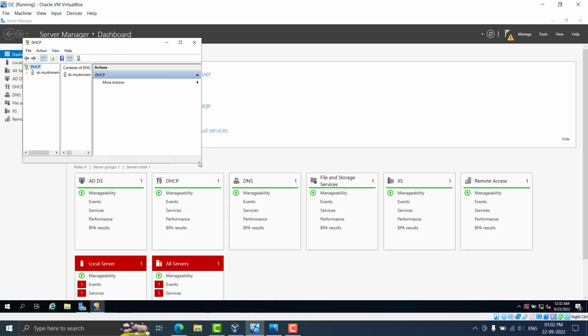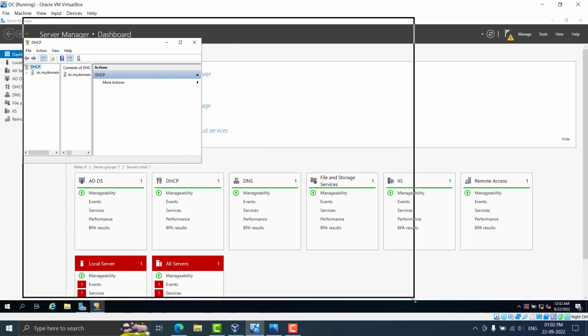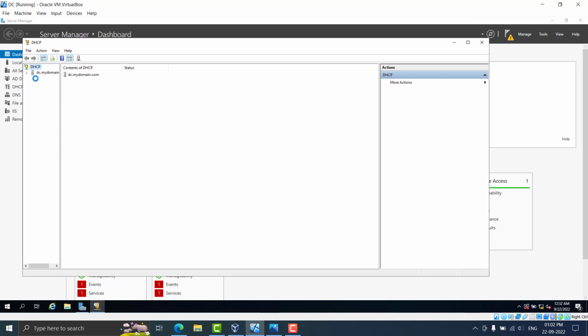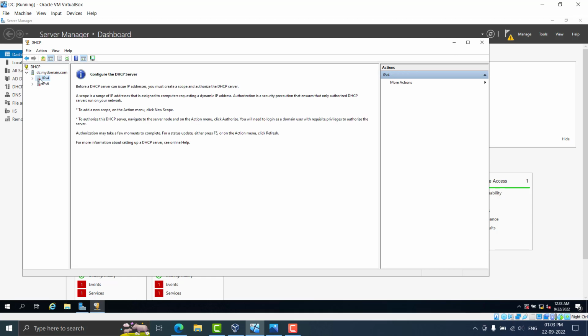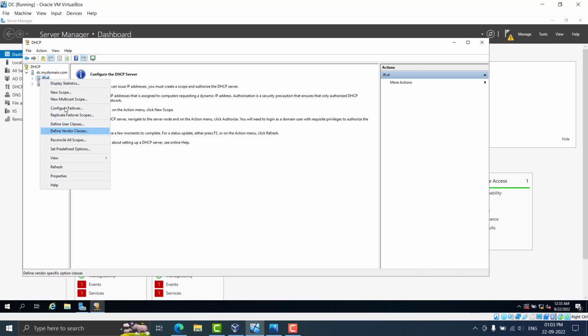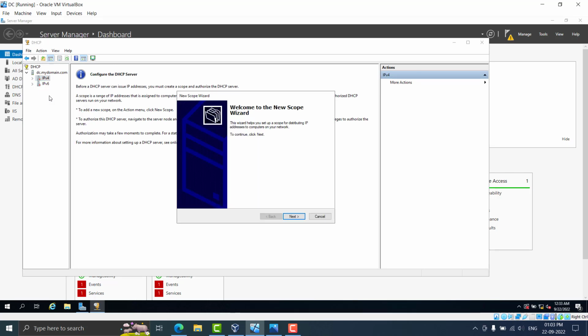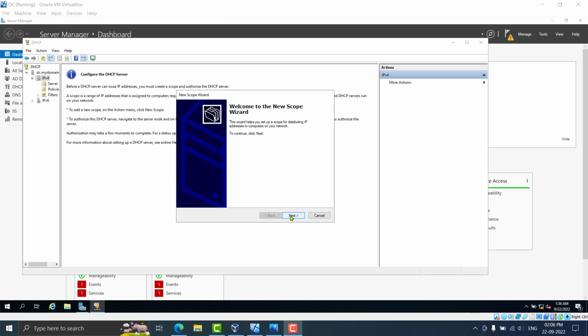Now here we can see that our DHCP server is inactive. You can see the red button here. We'll click on IPv4, right click on it, click on new scope, click on next,